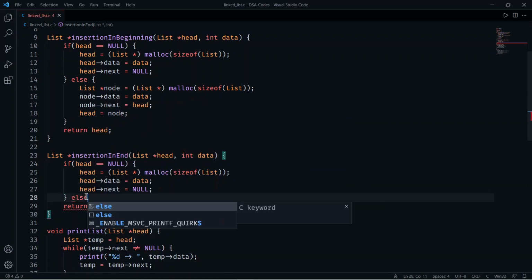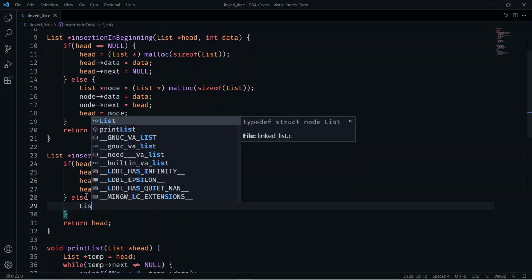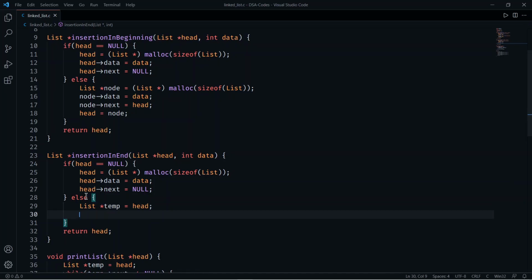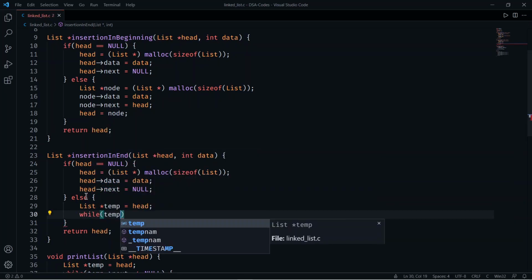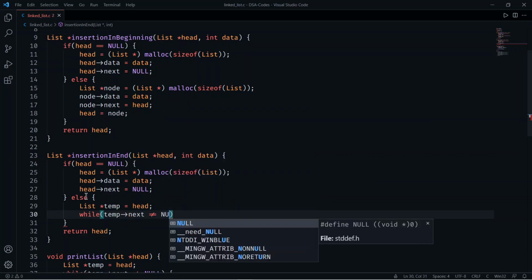After this, if head pointer is not equals to null, that is there is data in the list, we can use a temporary variable here which is equals to head initially. Then we can use a while loop for incrementing the temp, that is temp arrow next not equals to null.